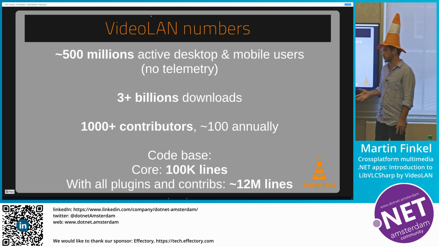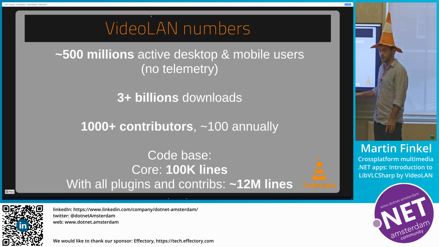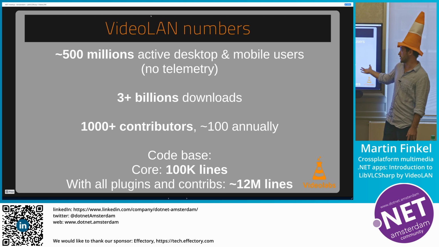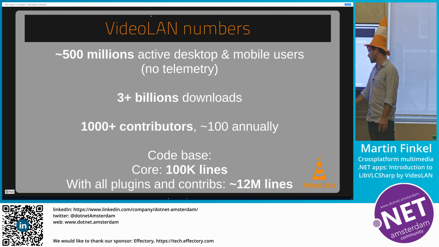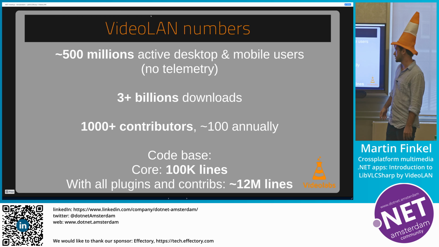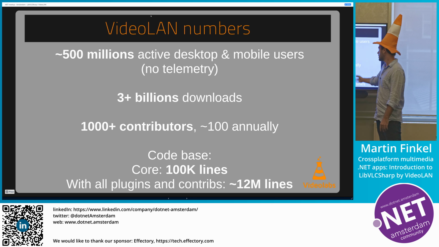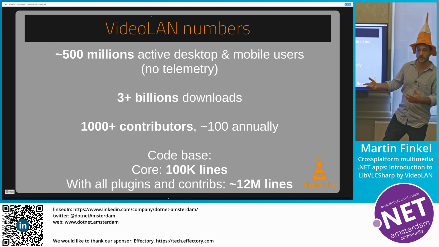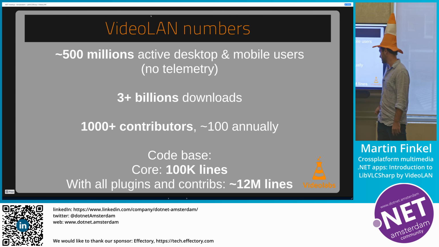That's a strict choice that the VideoLAN people made because they believe that telemetry is spying and they want to have none of it. We do have some idea of the downloads because we provide it on our website, but the Linux repository is also provided and you can download it on many other websites, so we don't track those downloads, but we have this counter at least. Contributors, you can check the Git repository for that, but there are quite a few, a lot of new ones every year who just send a patch or two and move on with their life, which is normal, that's the way it is.